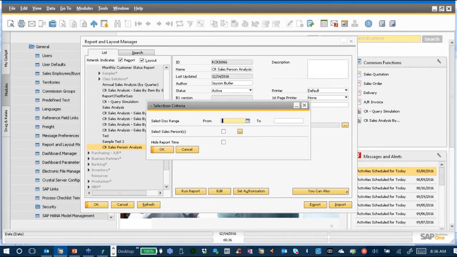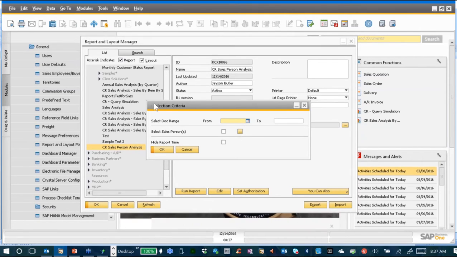Now you may be asking, why isn't he just going to the Crystal View menu and previewing? Well, that's because once you have parameters in a report in SAP Business One, in a Crystal report, you must preview it from the designer. Now in the add-ins menu, SAP Business One Preview in Business One, because you want to use the Business One